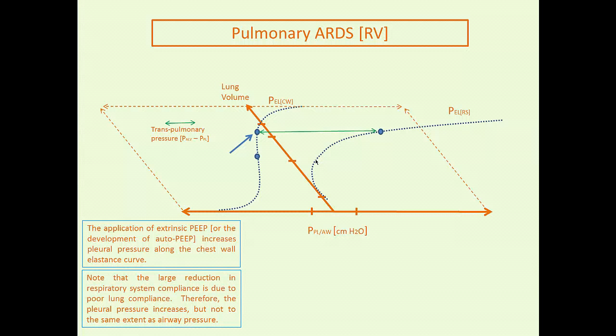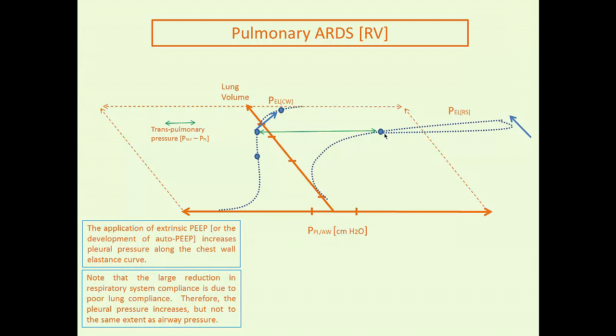Therefore, your airway pressure, or your static plateau pressure, will have increased from here up to here at the end after you've applied PEEP. So you can see there's a large increase in your transpulmonary pressure with the application of PEEP to this patient. If you then apply a breath on top of the PEEP, well, your intrathoracic pressure is going to go